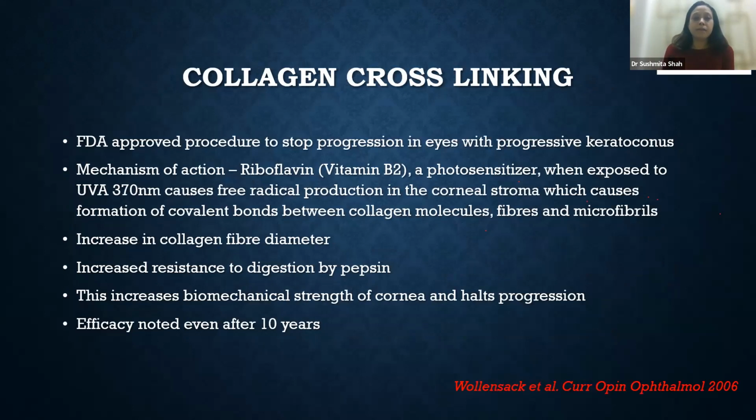Coming to collagen cross-linking, possibly the most commonly performed procedure as far as keratoconus is concerned, and it is now FDA approved to stop progression in eyes with progressive keratoconus. How does it work? It involves riboflavin or vitamin B2, which is a photosensitizer, and exposed to UVA at 370 nanometers wavelength, causes free radical production in the corneal stroma, which causes formation of covalent bonds between collagen molecules, fibers,